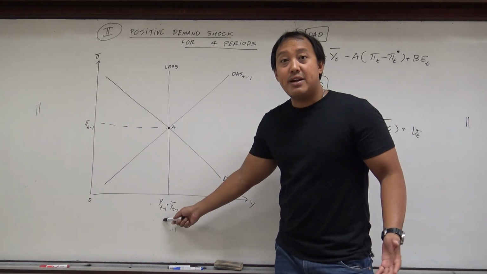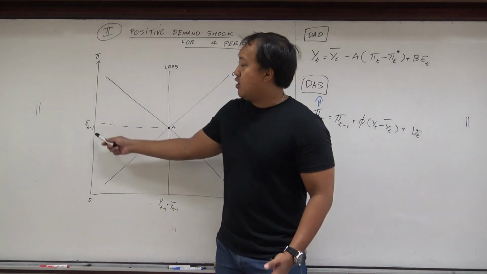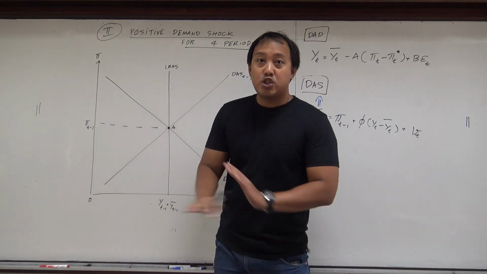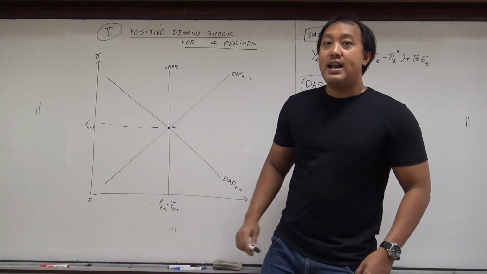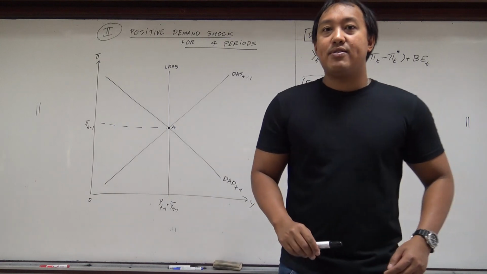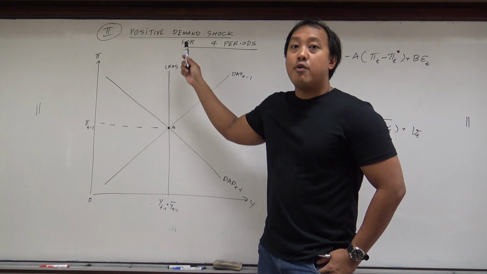GDP Y t minus 1 is equal to Y t minus 1 bar, and inflation is equal to pi t minus 1. Everything is good, perfect. We stay at an equilibrium point. Very good. And then, for example, if something happens, say we have a positive demand shock for 4